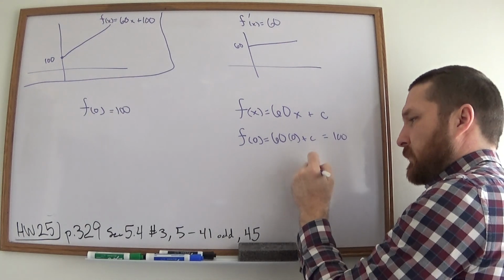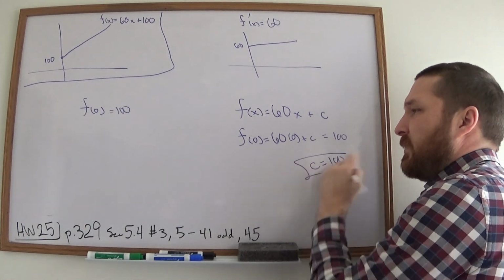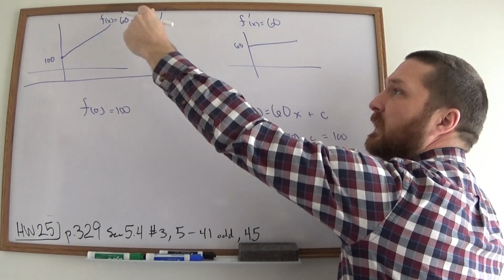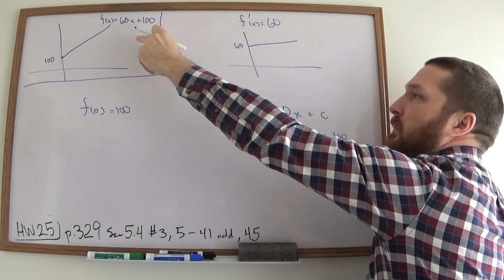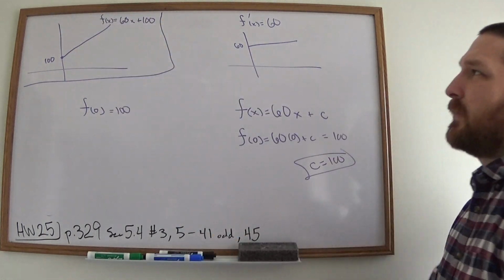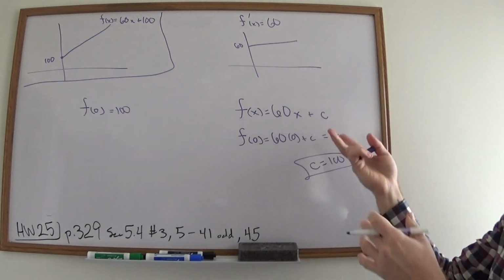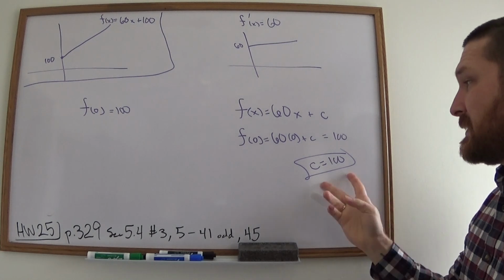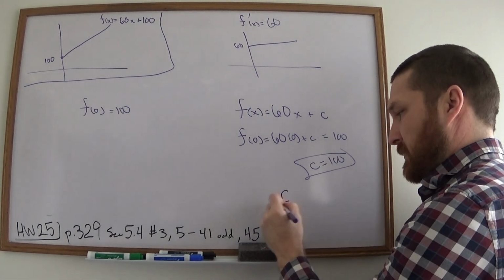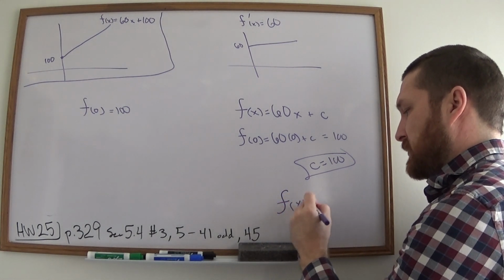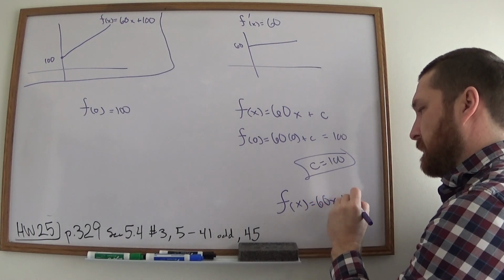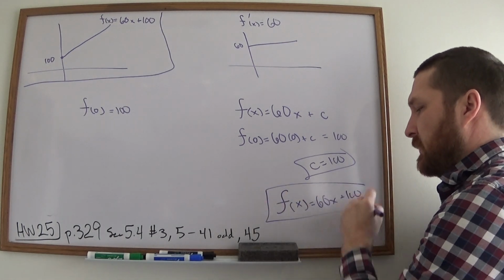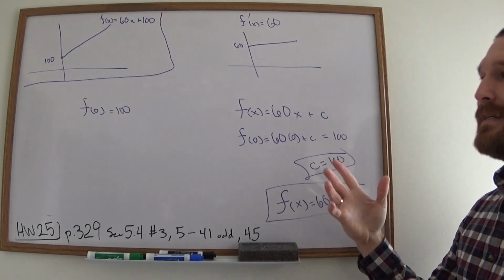That means c equals 100. And now with that one data point, you could reconstruct the entire record. In other words, with a derivative, you miss out on one piece of data, but if you get any one data point, you could recover the original function. This is what I'm talking about. So the initial condition gave that to us easily,